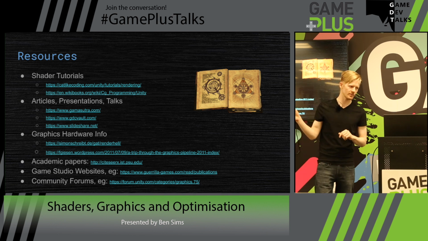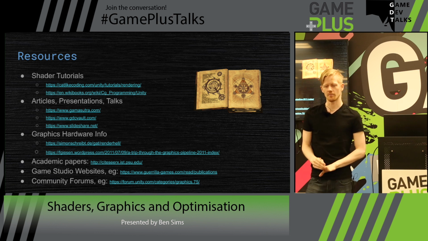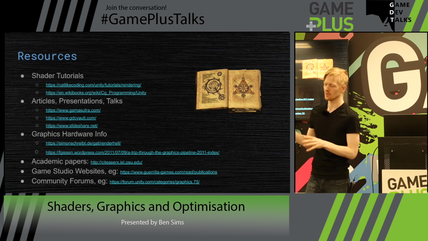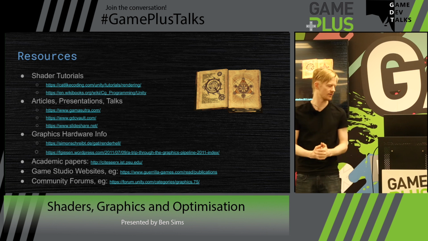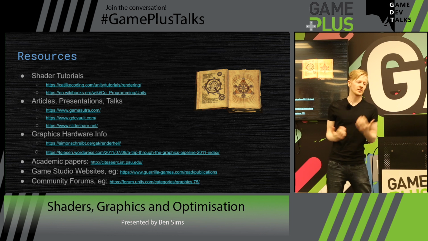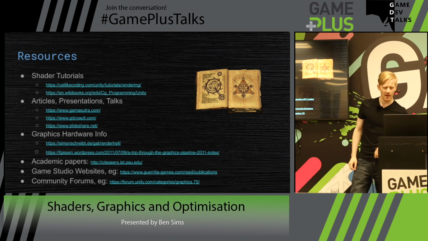The next three, they're just good places to find out how a lot of graphics effects are done in games, certain techniques, how you can implement them. A lot of the time, it's not just going to be shaders. It's also going to be talking about how you can do stuff from the CPU side, what mesh data you need to generate, that sort of thing. If you're interested in a bit more about how graphics hardware works internally and what gives it its amazing speed as well as its severe limitations, the next two are interesting. And then